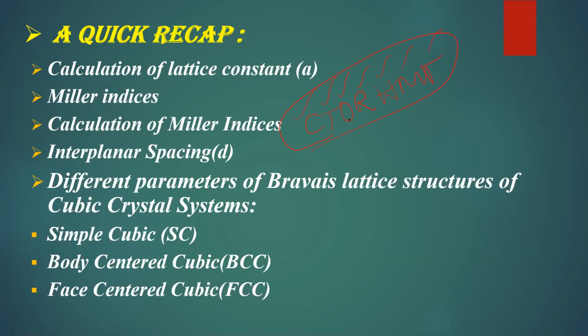So we have understood the types of crystal structures based on the lattice parameters like alpha, beta and gamma, which are called the interfacial angles. And a, b and c, they are the interaxial lengths. Interfacial angles and axial lengths of the crystal structure. So we have considered and we have calculated. We have even done this calculation of lattice constant a for a cubic crystal lattice.